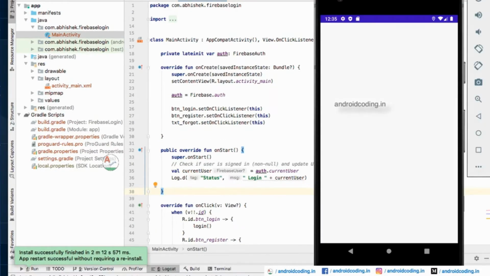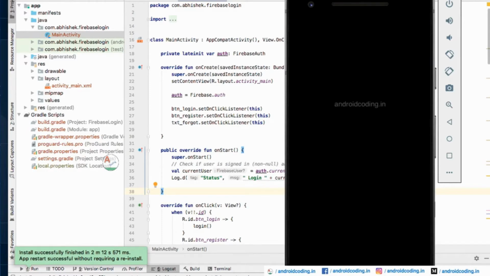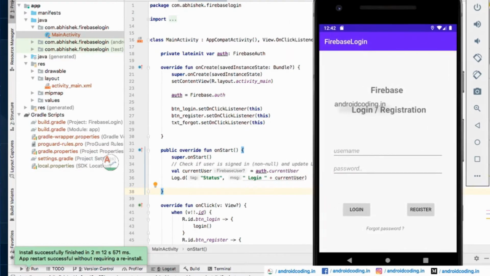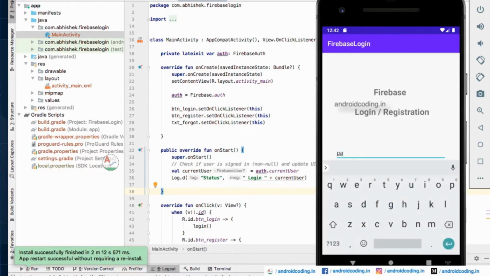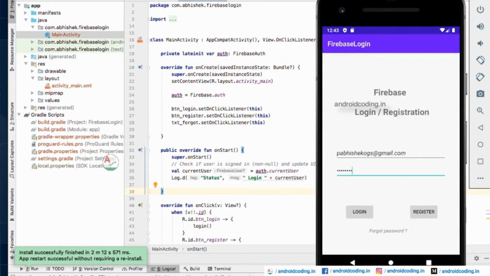Let us check it. So I am providing, you might remember that this need not be exactly like your Gmail address or anything.